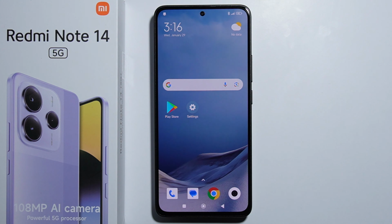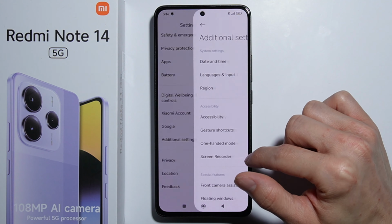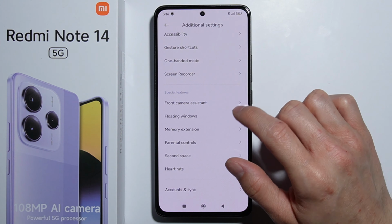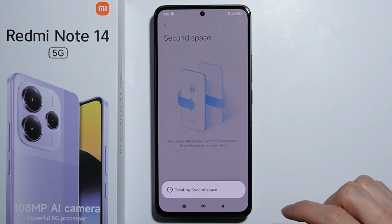Hello. To set up second space on the Redmi Note 14, first of all you have to go into the settings. From here scroll all the way down and go into additional settings. And again scroll down and right here we have second space. So let's go in here and we have to create one, so let's press this button to turn on this